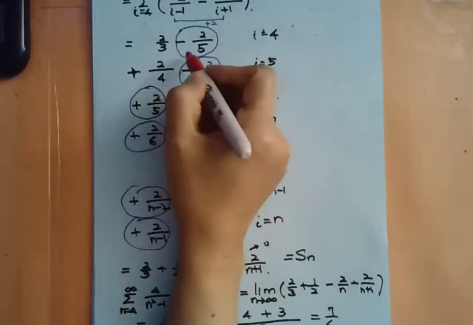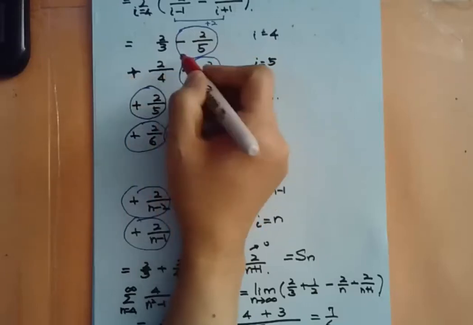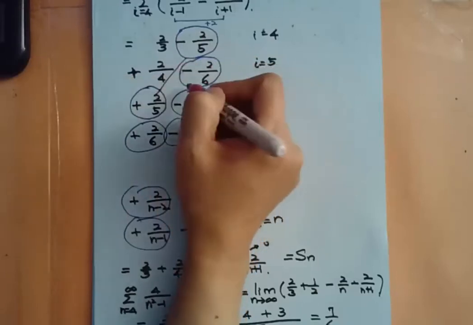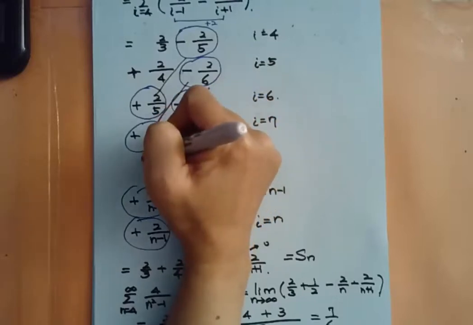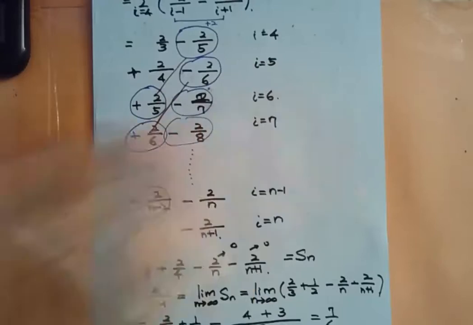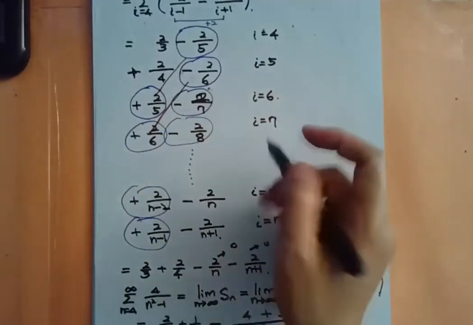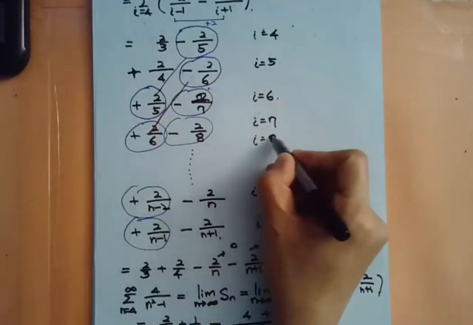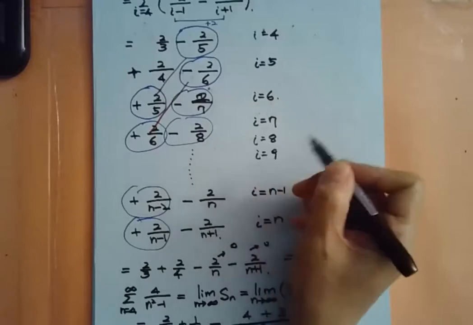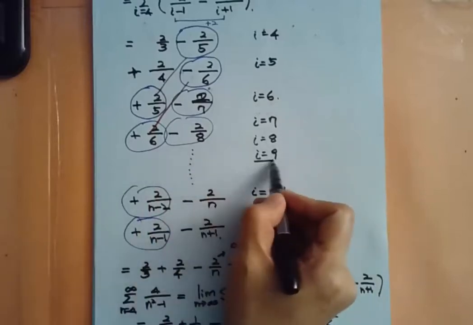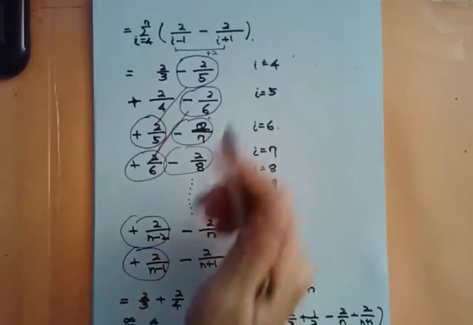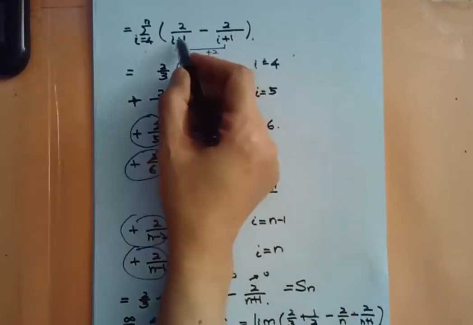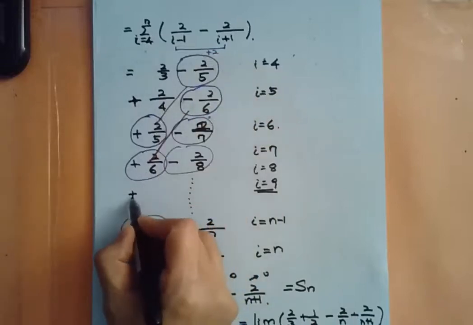What's happening here is just this one will skip the next line, and then this one is connected with this, and this one will be connected with this one, and this one will cancel with the next one. So I equals 8 and I equals 9. So it should cancel with something, and I equals 9. And then if you write I equals 9 here, and then that will be